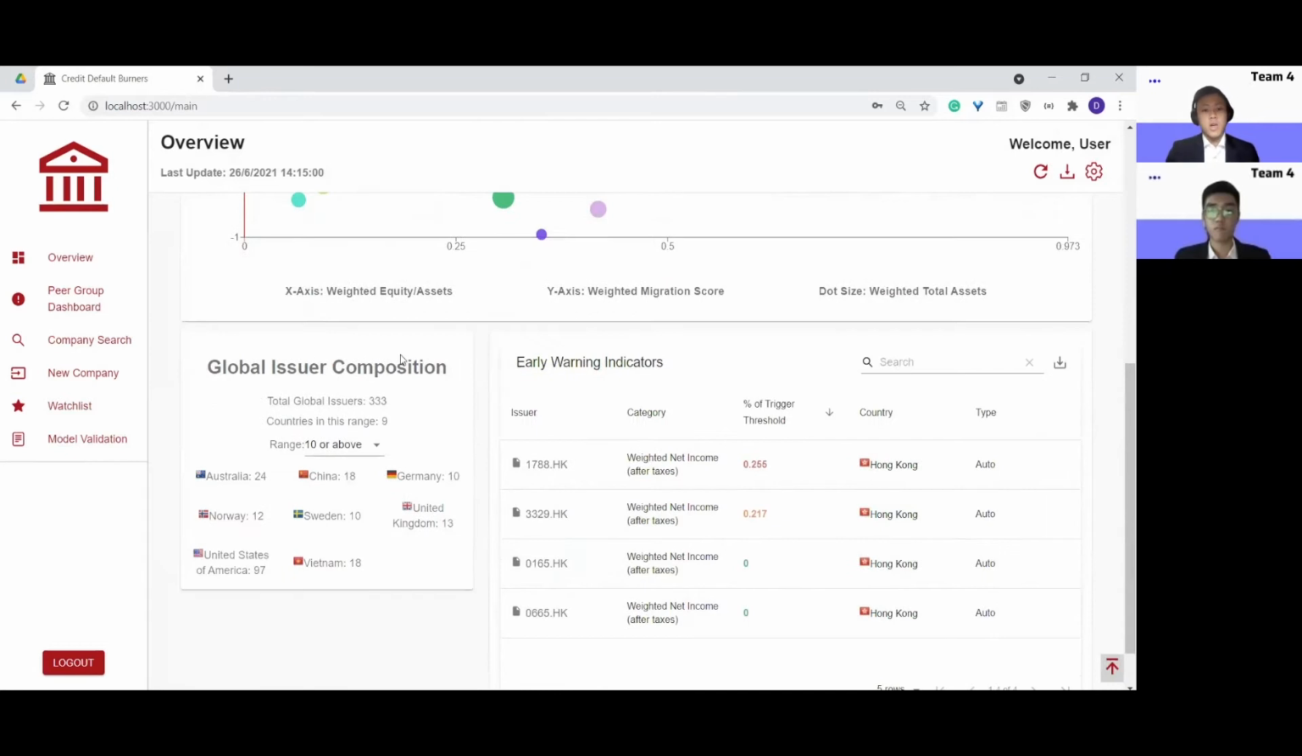Now, moving on to what other elements we have, we also have a global issuer composition, where we can see which issuers are within which countries. And we also have an early warning indicators monitor, which is going to allow the user to quickly see which of the early warning indicators that have either been set automatically by the system or manually by them have been